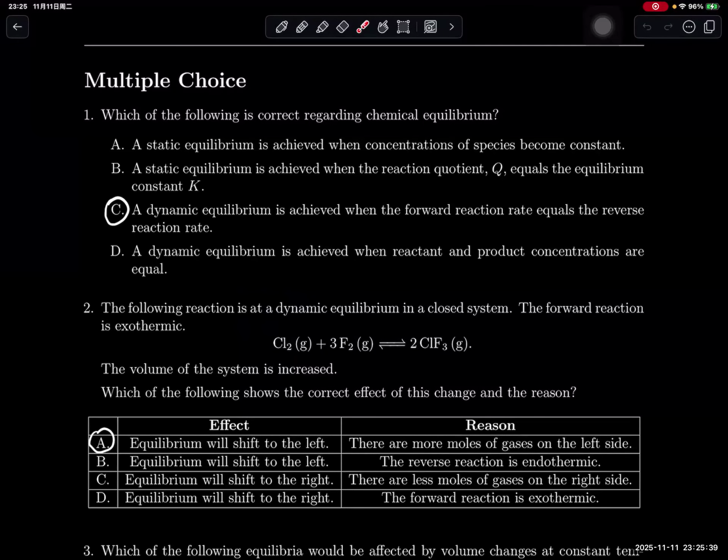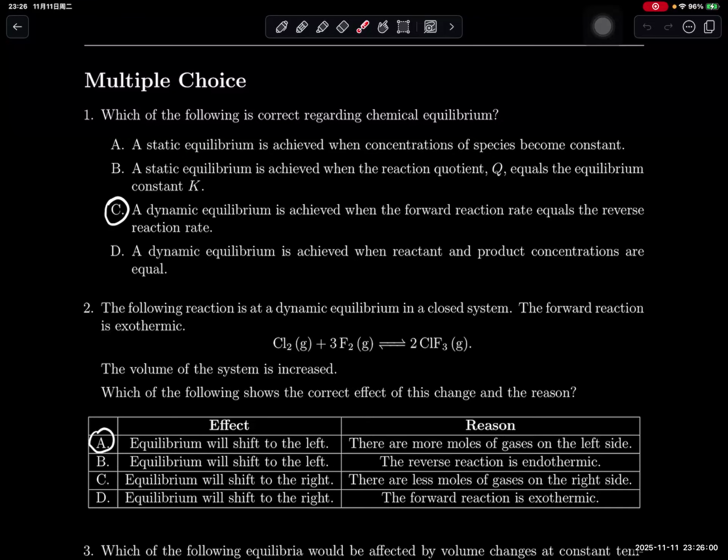Question 1, which of the following is correct regarding chemical equilibrium? Okay, so the right answer will be C. C says that a dynamic equilibrium is achieved when the forward reaction rate equals the reverse reaction rate. Yeah, this is by definition what it is. Okay, it's kind of like a